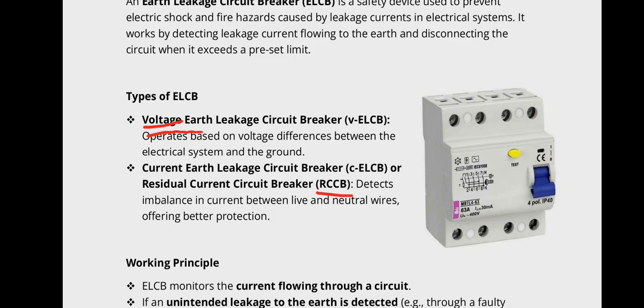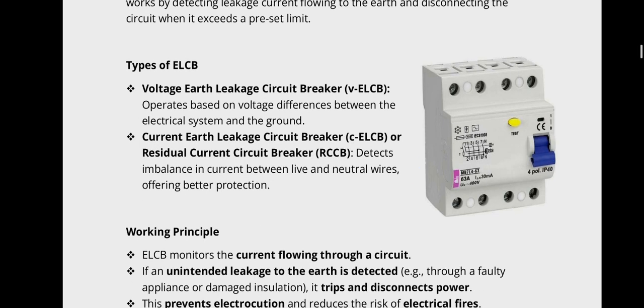Now the other is the current earth leakage circuit breaker. It detects imbalance in current between live and neutral wires and offers better protection. Compared to voltage protection, the current protection is much better. And now friends,